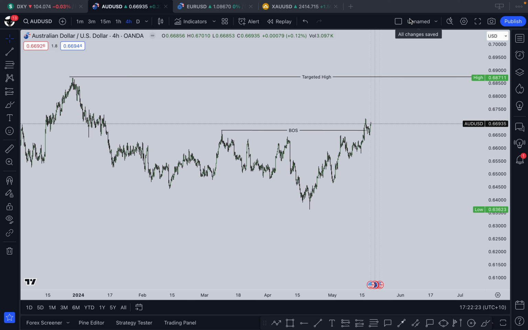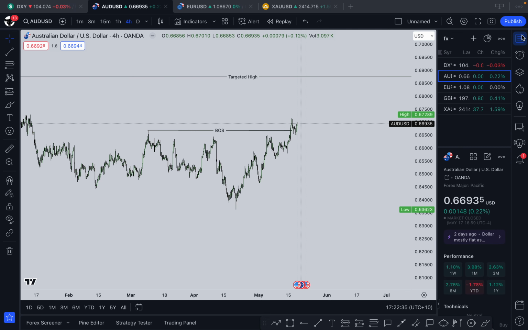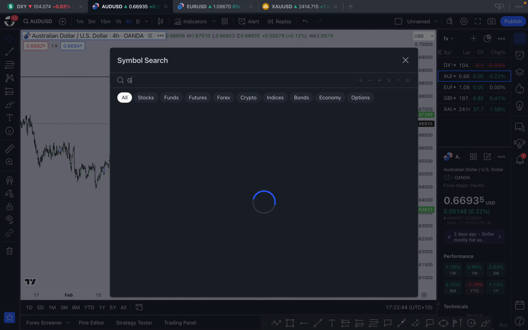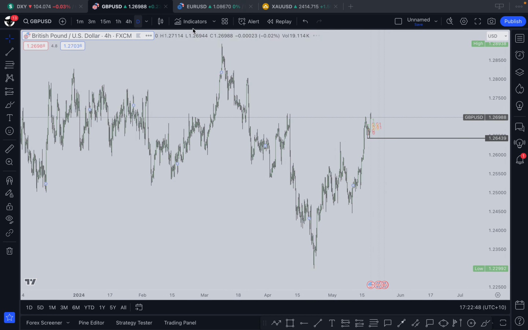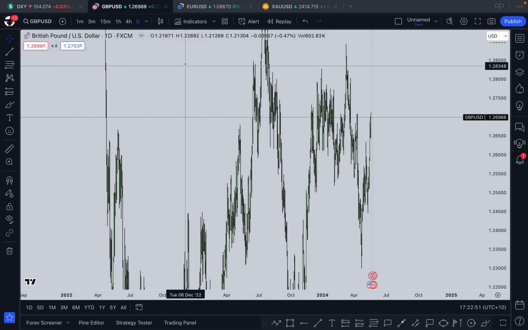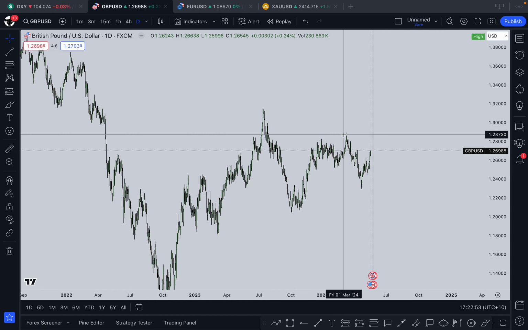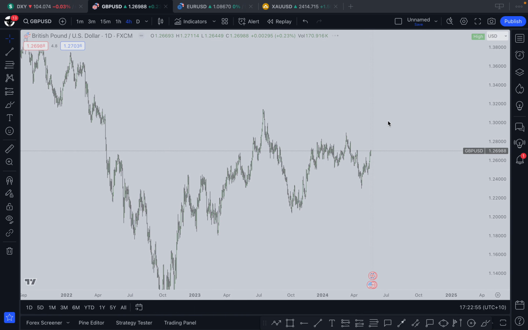Did you guys have a pair that you want to have a look at now? Or what other pairs would you be looking at? Nothing, bro. This is all I look at. But if there's a pair you guys want to look at, I'd be more than happy to have a look. Maybe GU, I guess. GBP USD, yeah. I'd say it's the same story because it's a USD pair, but we can have a look.